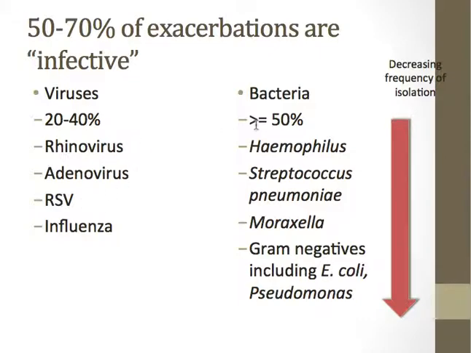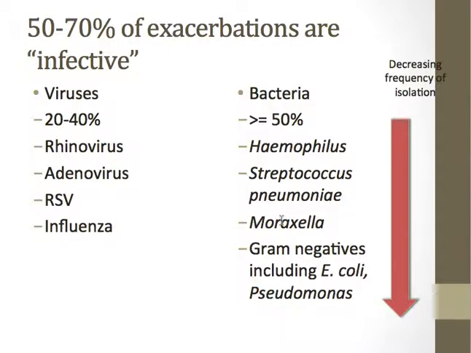In addition to the viral causes, there are bacterial causes, which are estimated to cause around half of all exacerbations. The principal bacteria implicated are Haemophilus, Strep pneumo, Moraxella, and then the gram-negatives, including E. coli and Pseudomonas. As you can see over here, the decreasing frequency of isolation, these ones at the bottom are